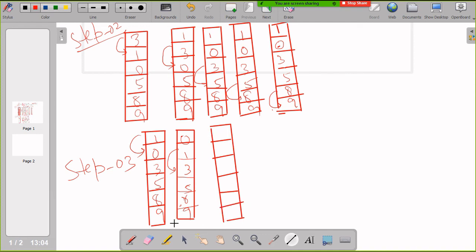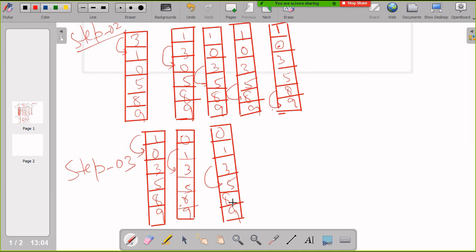So actually the elements are now sorted: 0, 1, 3, 5, 8, 9. Same way the comparison will take place between 3 and 5, then 5 and 8, and then between 8 and 9.